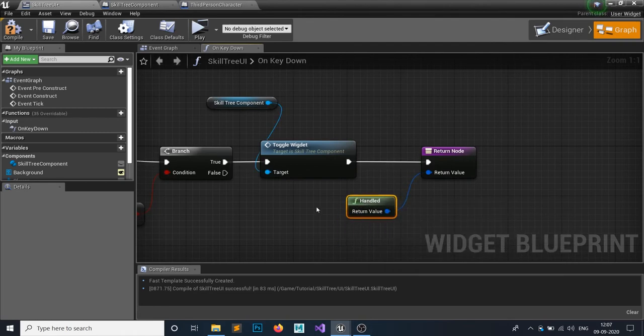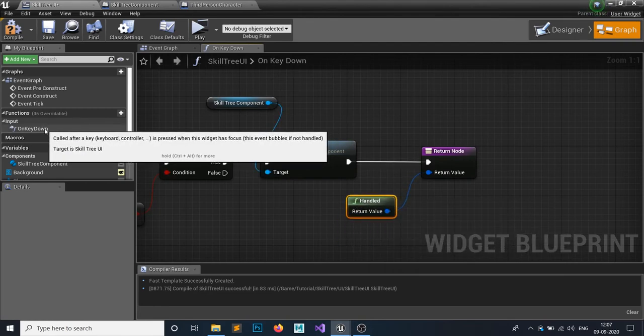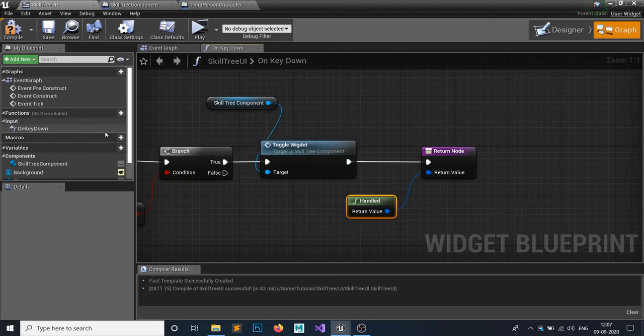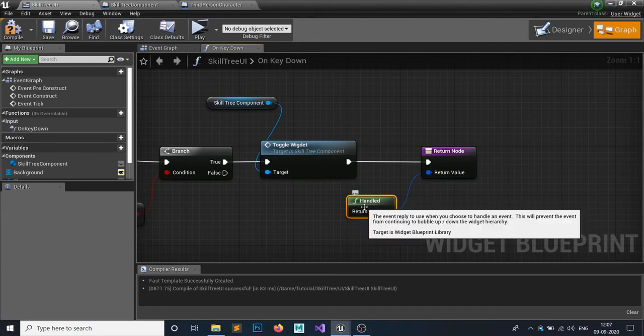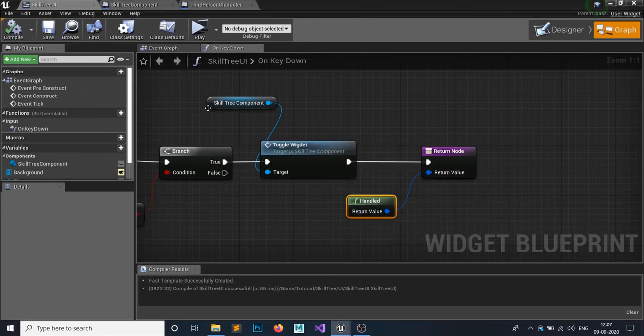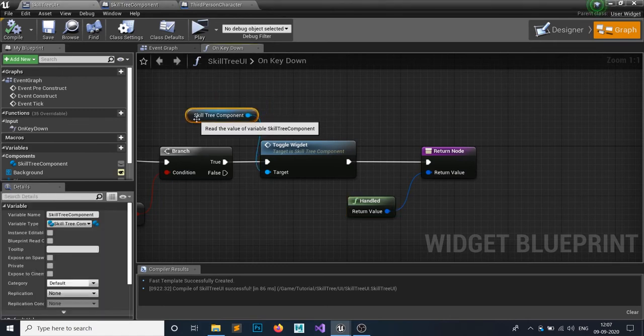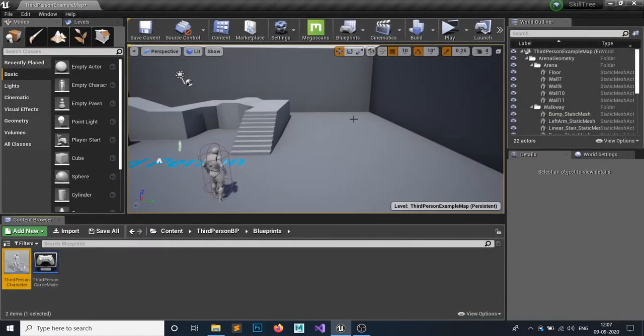What is handled is, whenever you override these keyboard events, or controller events, or mouse events, this will iterate through all the keys. So it will be a very expensive function towards your game system, your hardware system, because it will iterate through all the keyboard events. So after doing so, we want to set the handle, so it won't do checking after this. Otherwise you might have lag, and we don't want that lag.